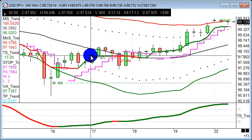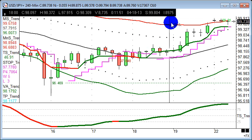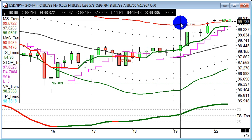We had a buying opportunity on Tuesday last week on the 4-hour chart. Typically, trades like this, you're in for 2, 3, 4 days, something like that. And we're seeing prices here moving higher. 97.90 or so is your entry, worst case scenario entry. And here we are now at 99.70. So we're up a good 200 points or so from that trade, just approaching that target area now, having gapped